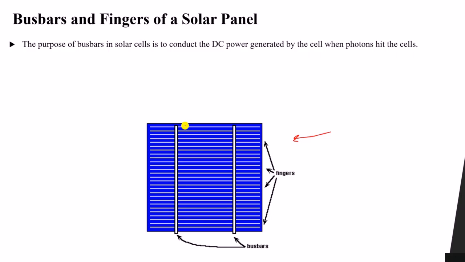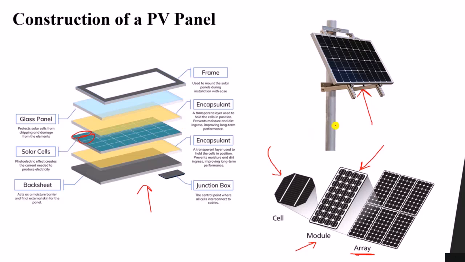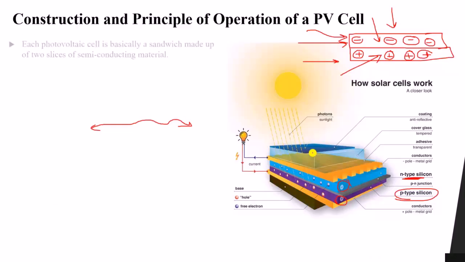Don't worry, we will see this in the next slide. You can see this cell has a bus bar and another bus bar. The next cell is connected to it in series, and the next one is connected like this, and like this. So the current will go through all of these bus bars. They are connected in series and parallel, as we will see.